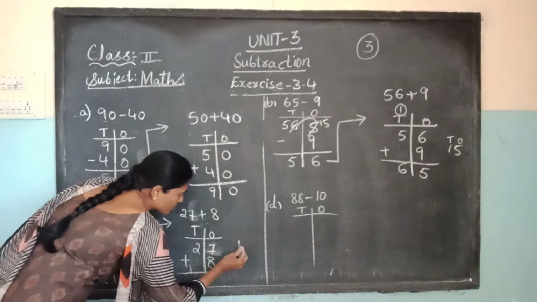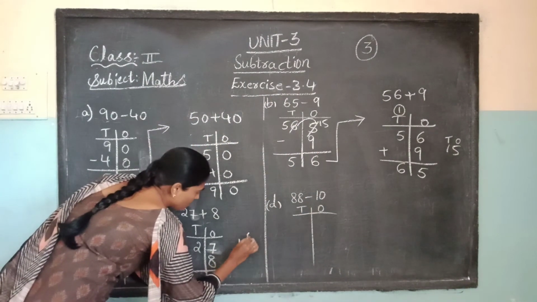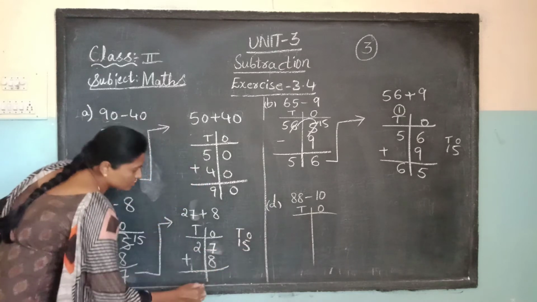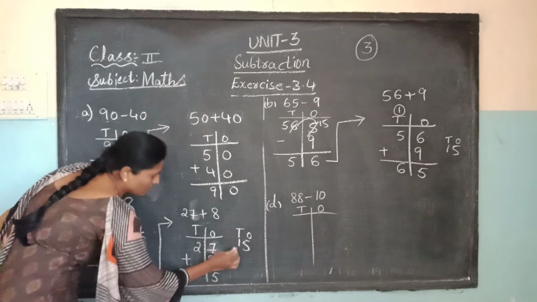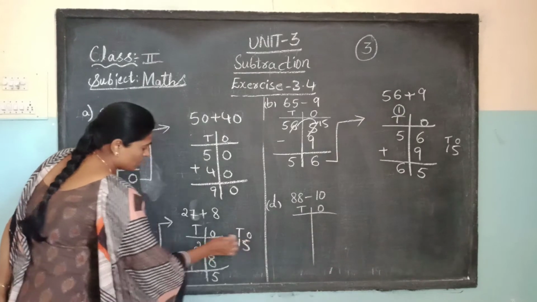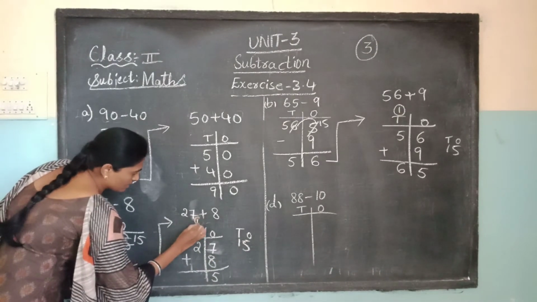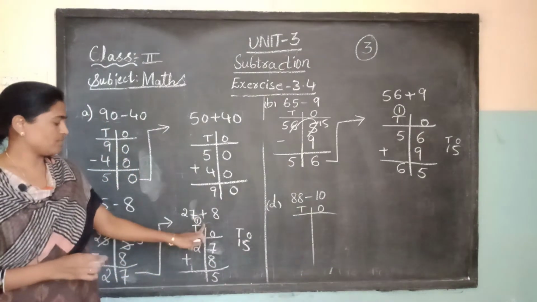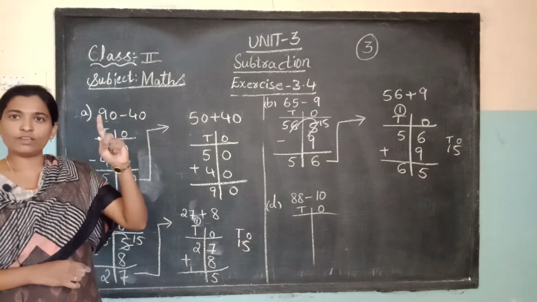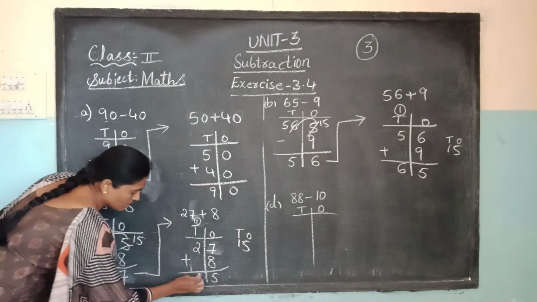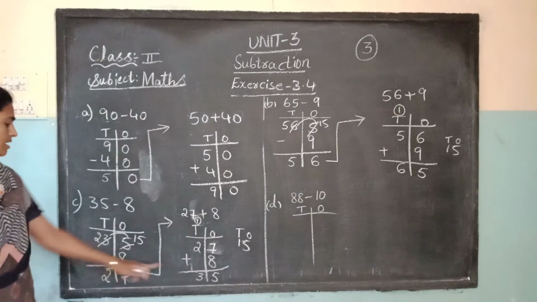Here you see 15 comes, you will write 5 here only. Ones and tens. Whatever is there in the ones column you have to keep here, and whatever is there in the tens column you have to carry. Yes, 2 plus 1, 2 in the mind and 1 in your finger. 2 plus 1, 3. You got the answer 35.